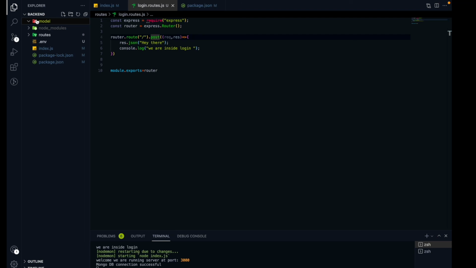In the schema, we have to provide the actual format, like what parameters we want to store in the database, and what the structure will be, whether it will be a string or a boolean type of parameter. All those things we have to provide perfectly. And for that we need Mongoose. Let's do it in the next video, where we create a model for our login REST API endpoint.